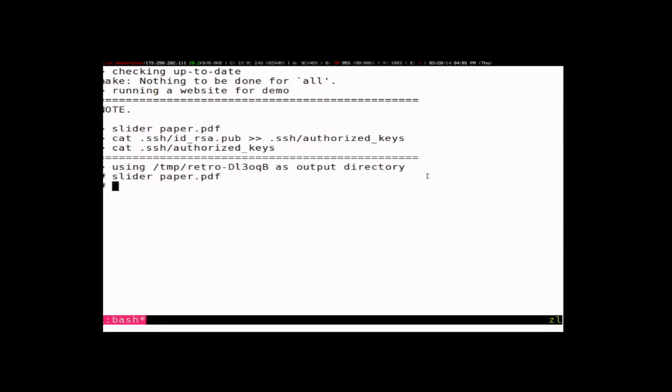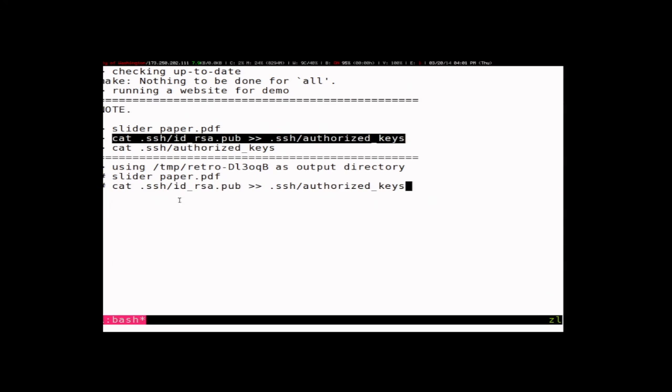And what I'm going to do is install the public key to my computer system by simply appending my public key to the authorized key file. After installing my public key, I want to see whether I could correctly install it by printing out